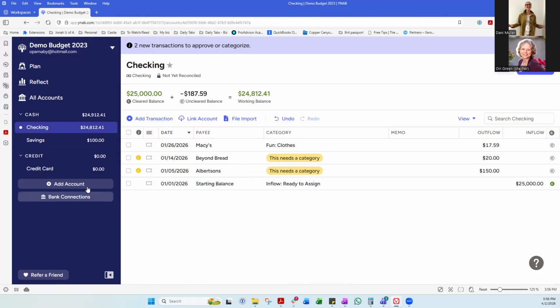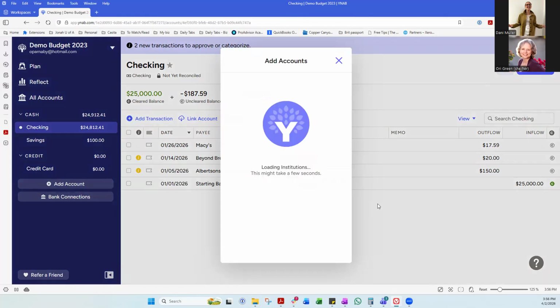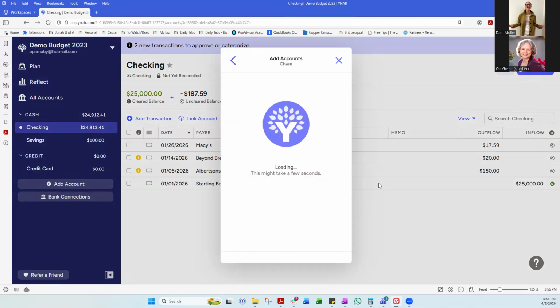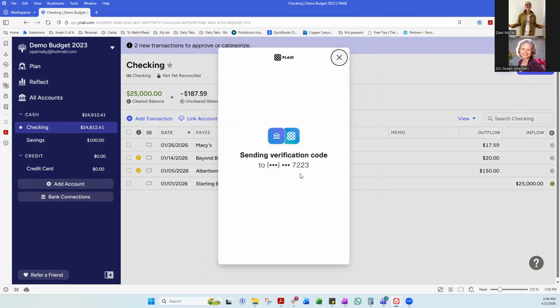The easiest way to do it is to say add account, and it's going to take you through the steps of finding your bank. It's going to have you log in. We're not going to really do this, but I just want you to see what it looks like. And so it's going to say add account. It's going to send to,